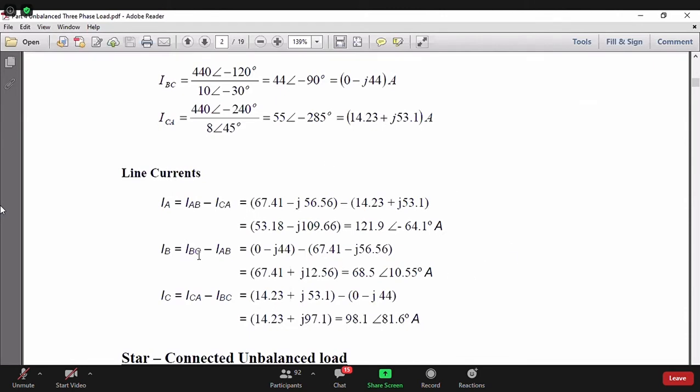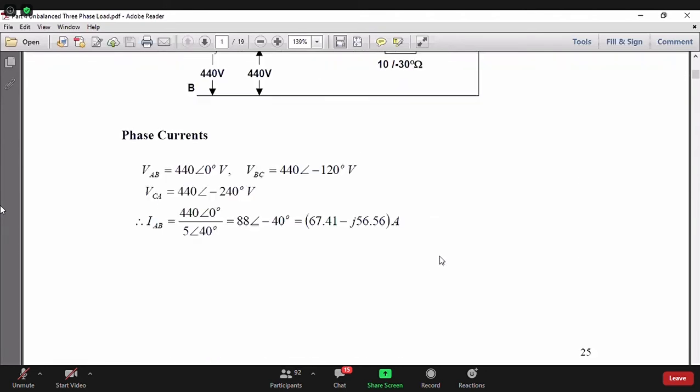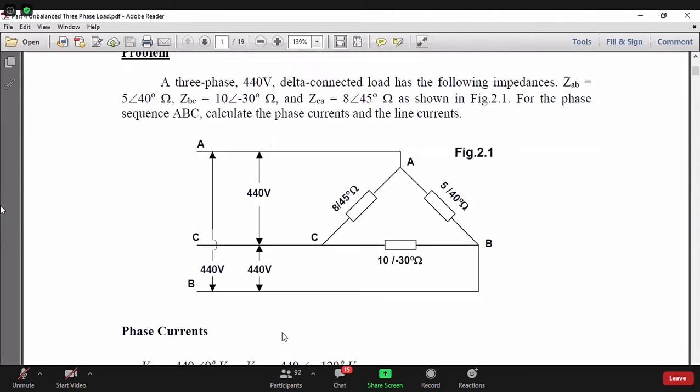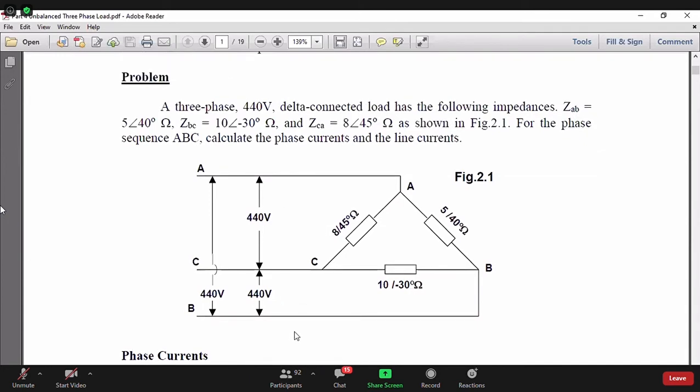And here you see that the line currents are all different. So that means if I put 3 ammeters in these 3 lines, because I told you many times these impedances are not visible, they are somewhere in a big industry, in a big locality, all inside the houses. So you don't see this load. What you see is the current and voltages, but you can measure by putting voltmeters, ammeters, power meters, etc. So if I put 3